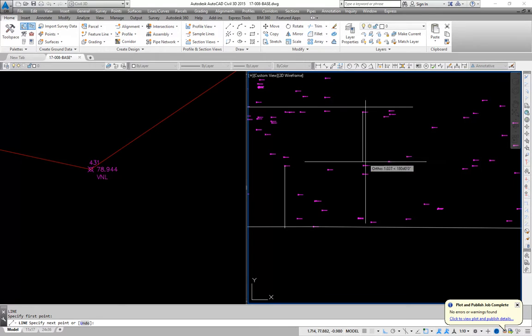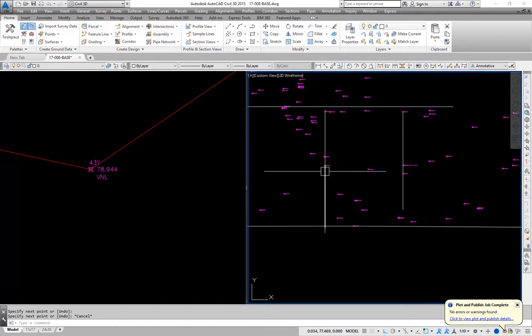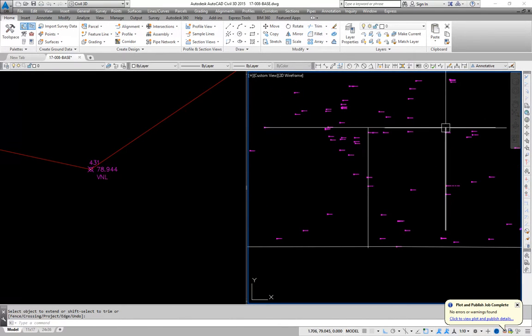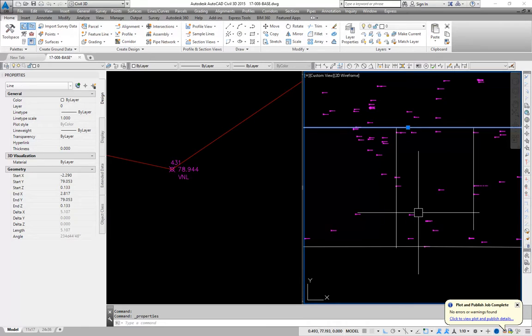So I'm basically just drawing the vertical line. So right now, for example, I want to extend this line all the way to the bottom of the soffit. So if I type in extend, select this, and go here, it actually works. The thing to keep in mind is when I select this line and I list the properties of it, in this UCS, it's got start X, start Y, start Z,